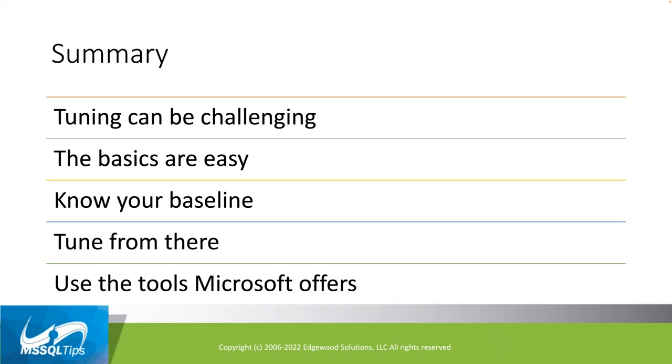So when you see things drift away, remember one thing that I didn't mention: indexes and statistics get auto updated per normal auto update rules, but you may need to update stats or rebuild indexes more frequently than they're going to get auto updated. So just be aware of that. And then take advantage of the tools Microsoft offers. There's a lot of really cool stuff built into the Azure platform to give you performance information about your databases. So take advantage of those tools, collect that data in log analytics, and quickly identify what performance problems you're going